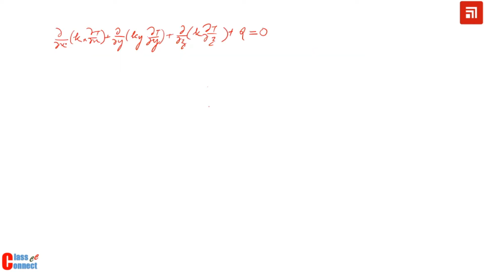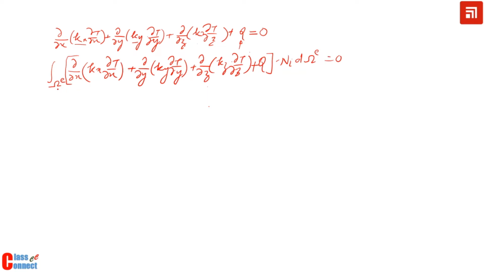So the 3D heat conduction equation is given by this, if we assume that the thermal conductivity is varying along the x, y and z axes, and where Q is the internal heat generation. If we apply the Galerkin weighted residual method, we get this equation for one particular element. We can write this as del over del x. So if I apply the Galerkin method, then we get this equation to be multiplied by the shape function as weight,